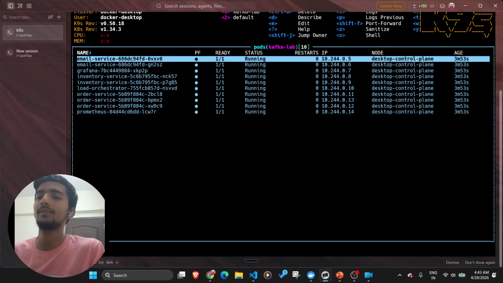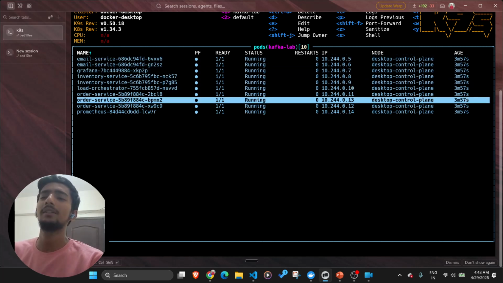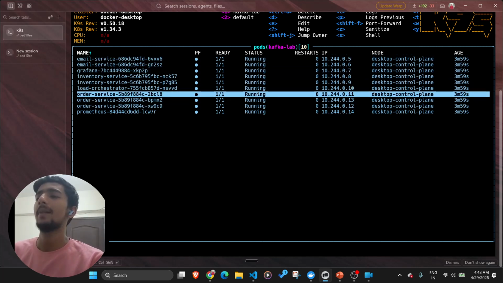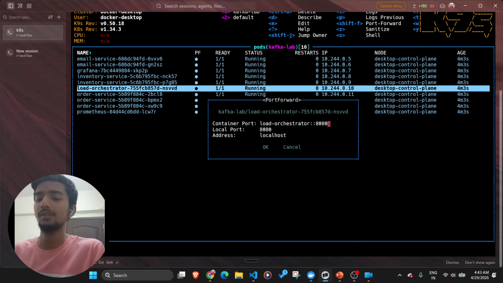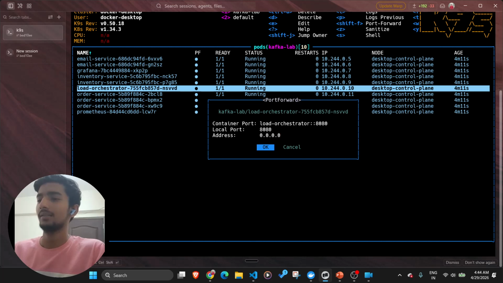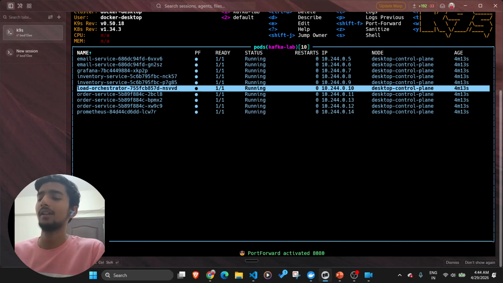So here is my K9s and there are two email services, two inventory services, three order services, and a load orchestrator, which is nothing but K6, and it will simulate the number of requests I want to give in a span of time.